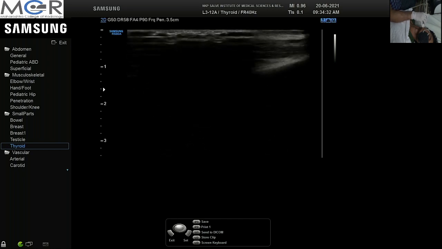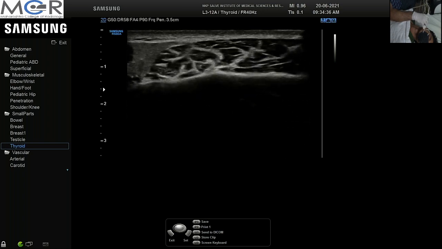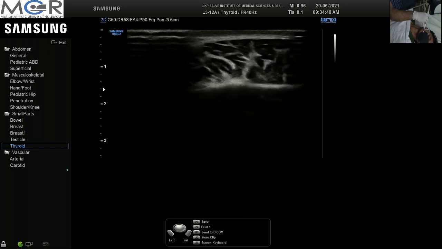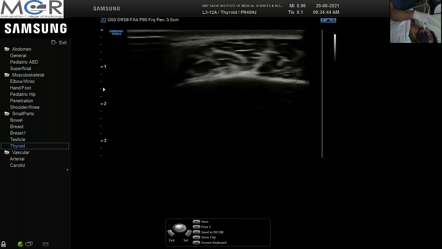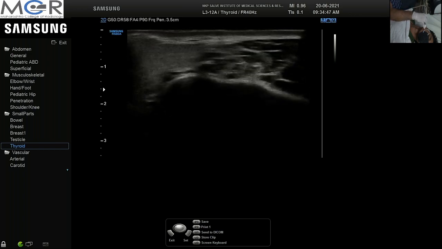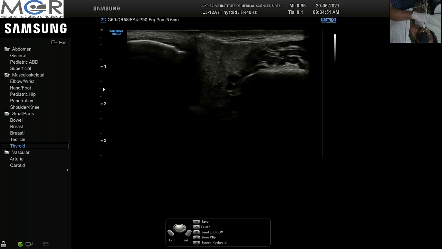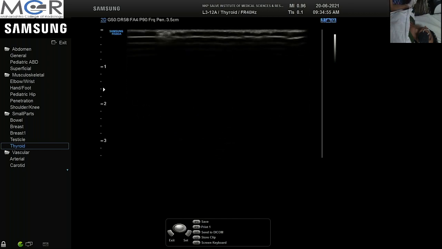So here is the parotid space. As we know, this is the masseter muscle, and this is the duct of the parotid gland. It travels anterior to the masseter muscle. It is also important not to mistake lesions of the masseter muscle for those of the parotid gland. Now, from here we go down.